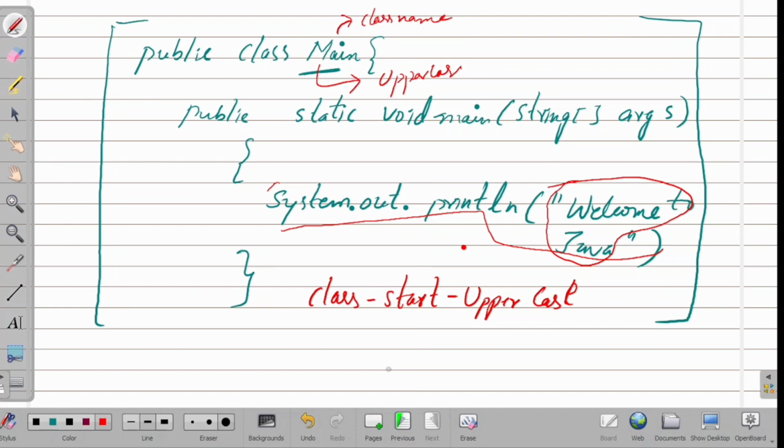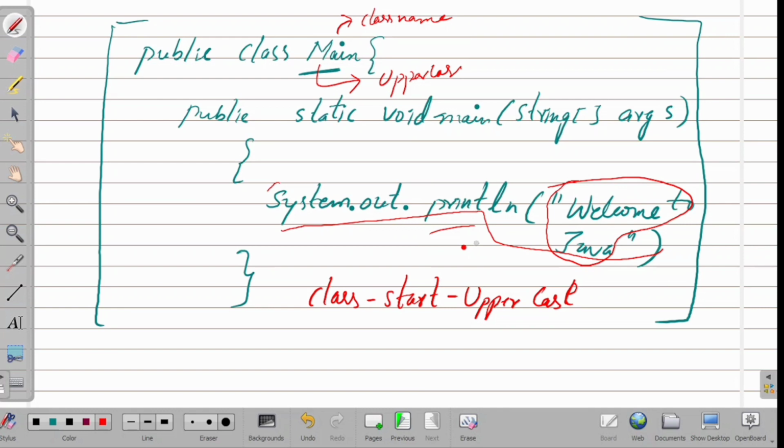System is a built-in Java class that contains useful members such as out, which is short for output, and println is the method, short for print line. It is used to print a value to the screen. Clear?